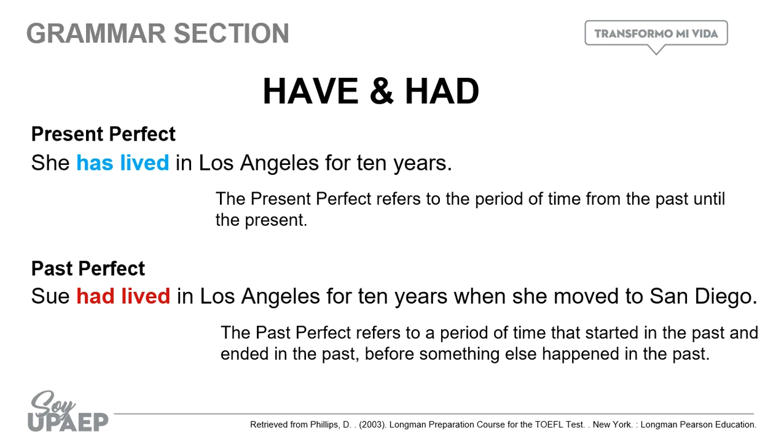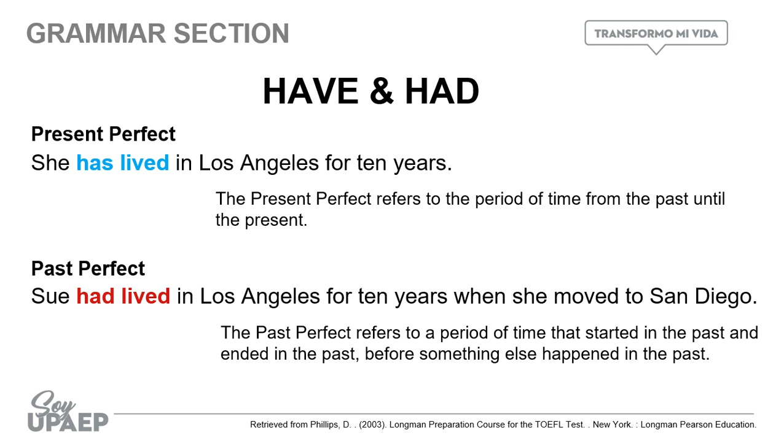So, the first sentence, she has lived in Los Angeles for 10 years, means that Sue has lived in Los Angeles for the 10 years up to now, okay? So, according to this sentence, Sue is still living in Los Angeles. In the second case, we have